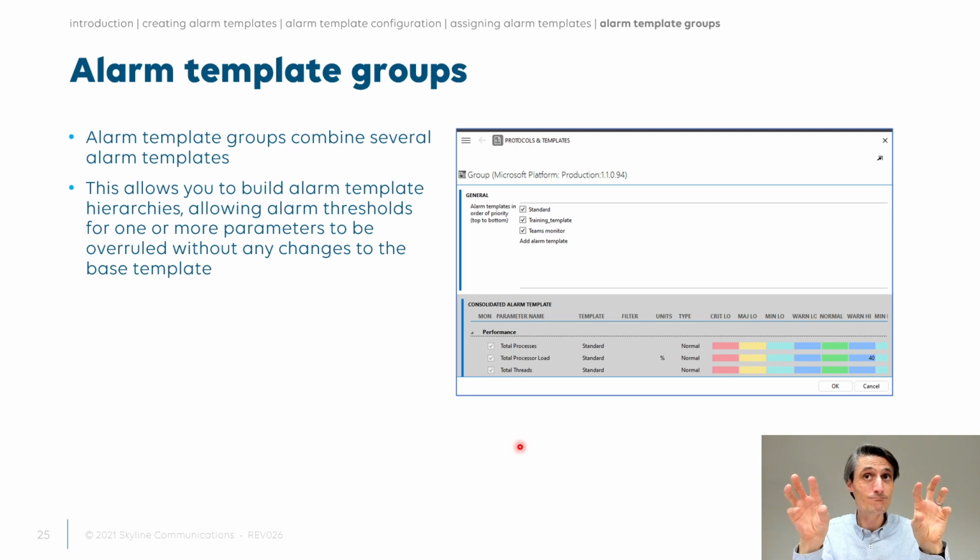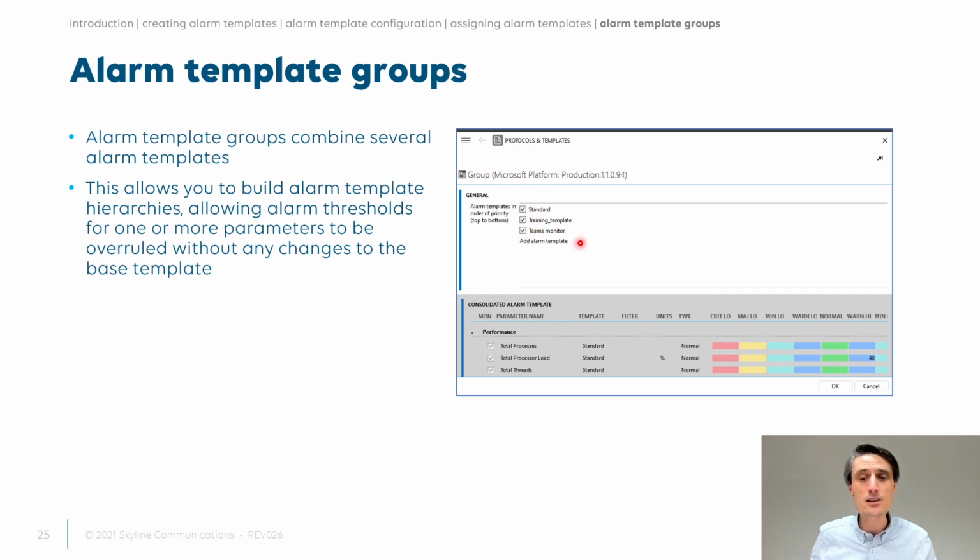And there, you hear me already saying maybe, I say it only includes a couple of parameters. So remember that column inclusion, exclusion, that will be something that is relevant now. So if I create an alarm template group, so I created a group here, the only thing I can configure